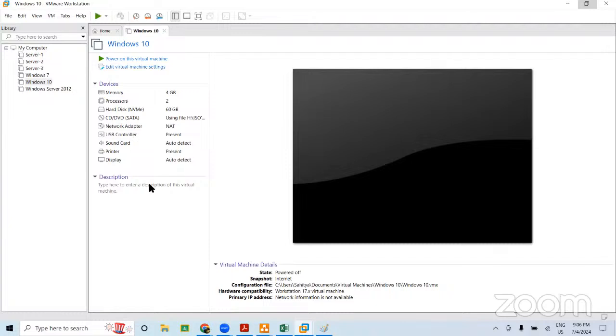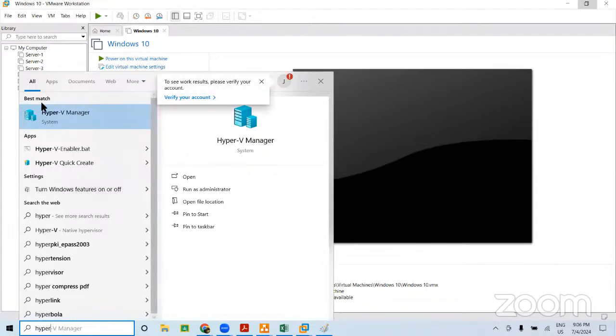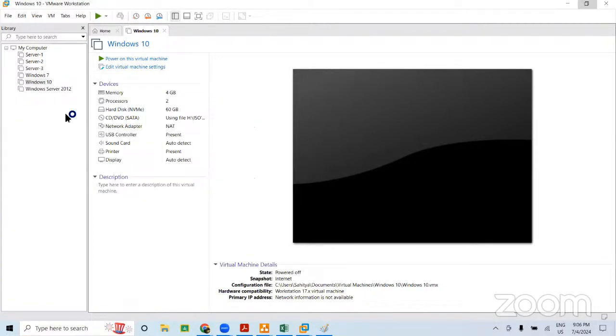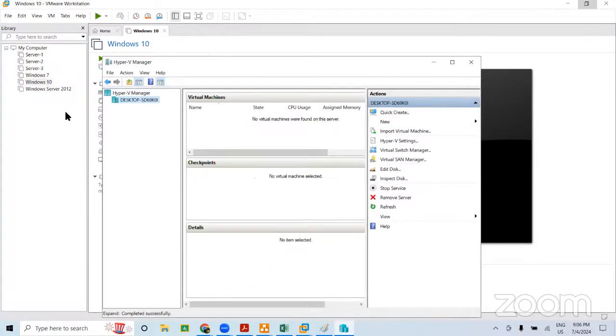In my case, I am using Windows 10 Pro, right? And I am able to get Hyper-V on my machine. See, Hyper-V Manager. ये सिर्फ अगर आप Windows 10 Pro या फिर Enterprise यूज कर रहे हो, in that case you can enable it. अगर आपके पास होम वर्जन है, इन दैट केस आई विल प्रोवाइड यू वन स्क्रिप्ट, आपको वो स्क्रिप्ट अपने लैपटॉप में रन करनी है और आपको वो मिल जाएगा। ओके,